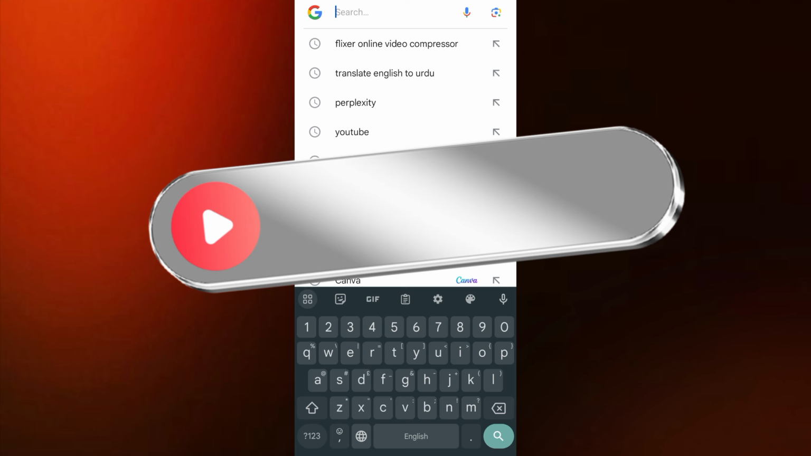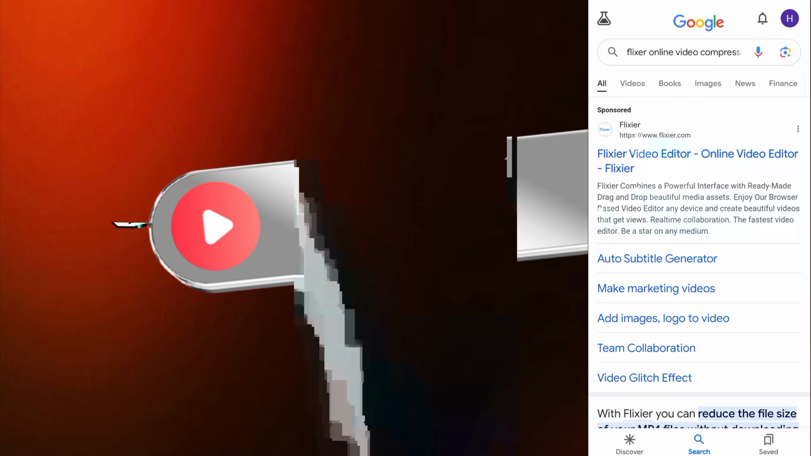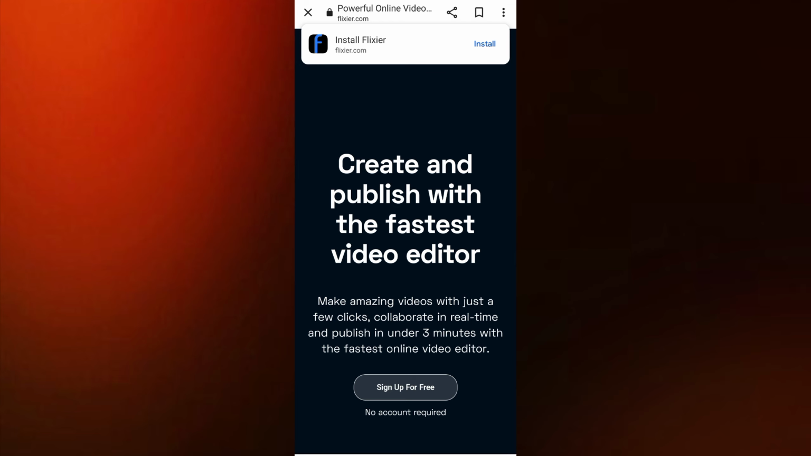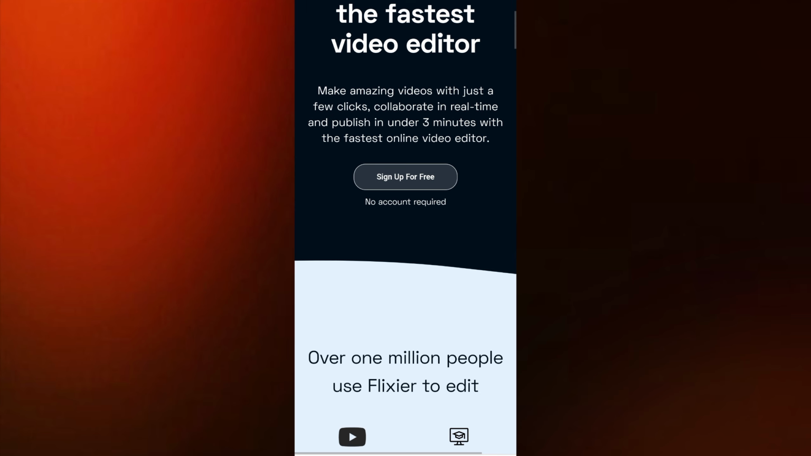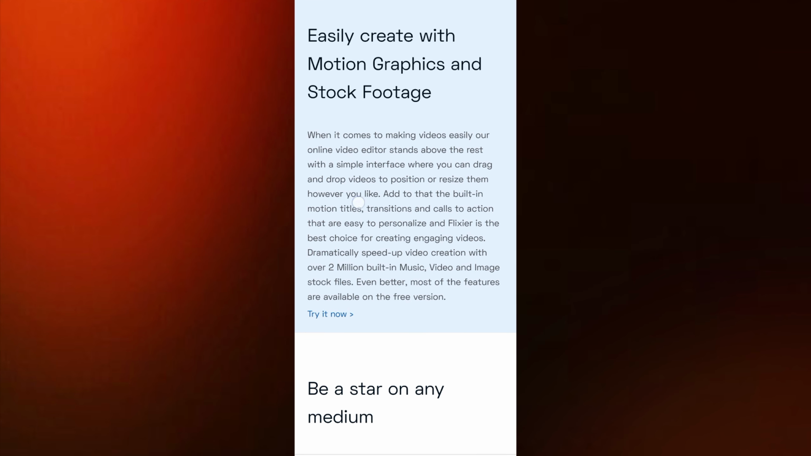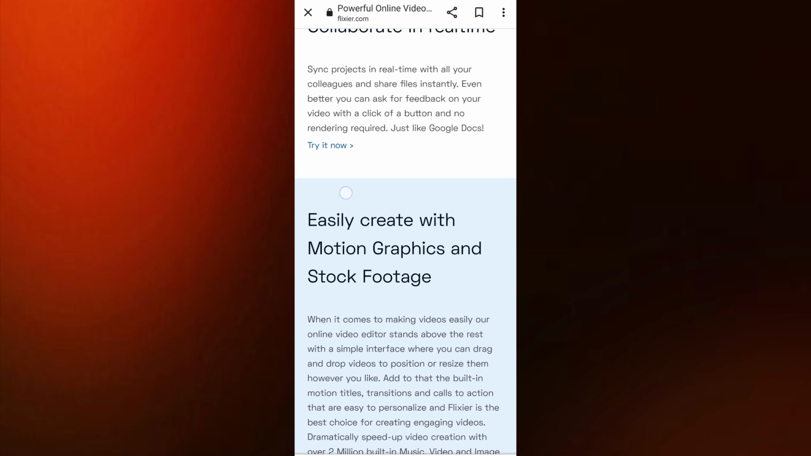So guys, to compress the video you will have to go to the Flixer's online video compressor. So you will have to tap right here. Upload your video: open the website and upload your video. Make sure to watch the complete video carefully to avoid forgetting anything and making mistakes. So guys, choose the desired compression settings such as resolution and compression type after uploading the video here, and then